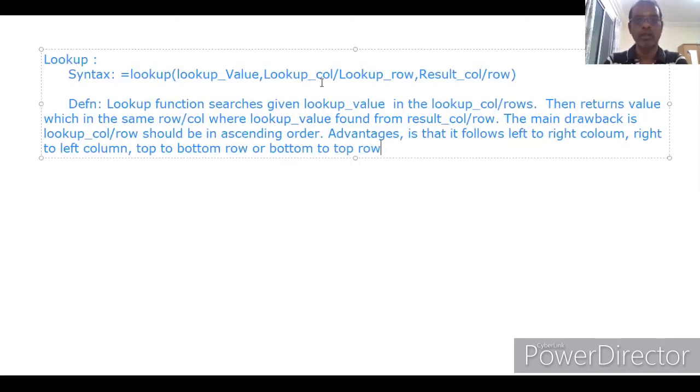So the lookup column can be the first column as well as the last column. Otherwise, the lookup row can be the topmost row or bottommost row or somewhere in the middle. It is not necessary to be the first column, last column, or middle column. It is not necessarily a top row. It can be the bottom, whatever it may be. So we are giving the range of the column or the range of the row. Result also we are giving as a range. So there is no need to worry. So, example.